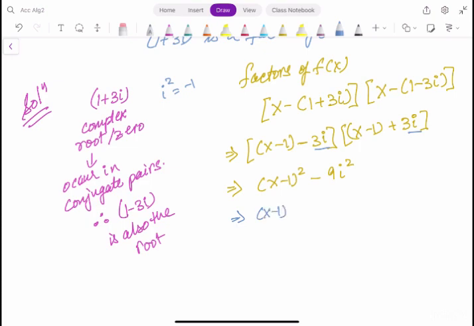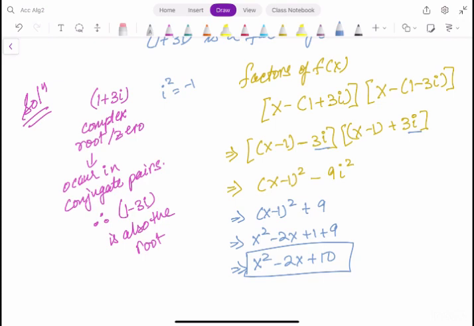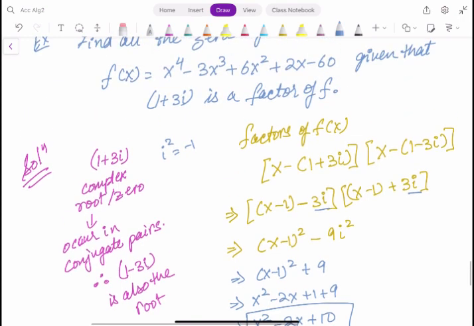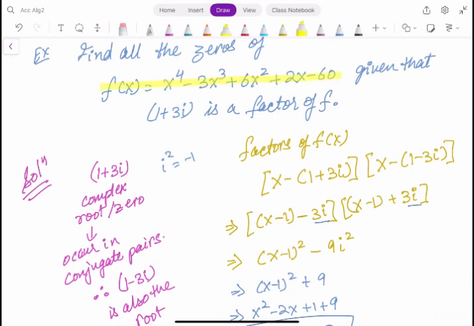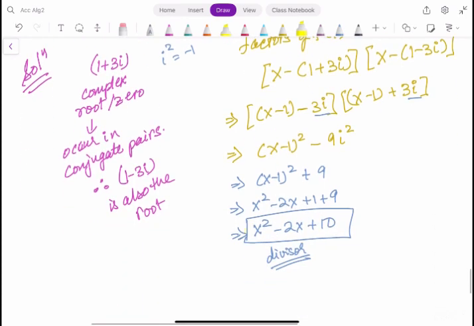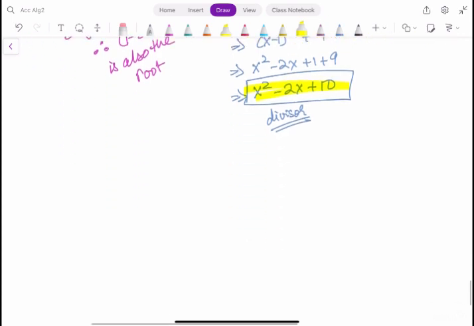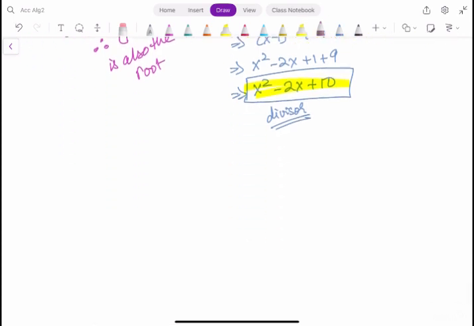Remember, i squared is equal to negative 1. So i squared will be replaced with negative 1. That will make plus 9. And if I solve x minus 1 squared, I will get this lovely equation x squared minus 2x plus 1. But what is this x squared minus 2x plus 1? This is called a divisor. So basically, we have divided the f of x function by this divisor to get the roots, to get one of the roots or the pair of roots. So at this point, once I know the divisor,